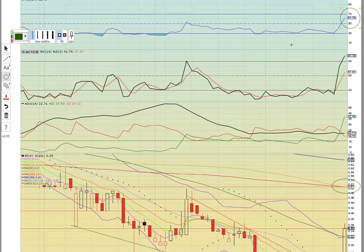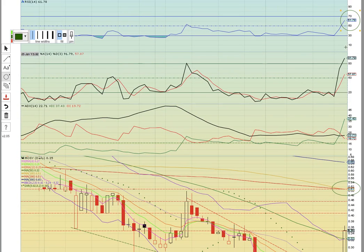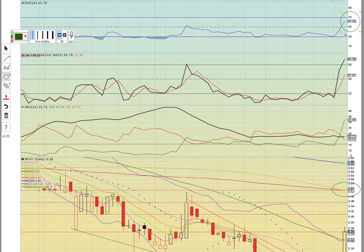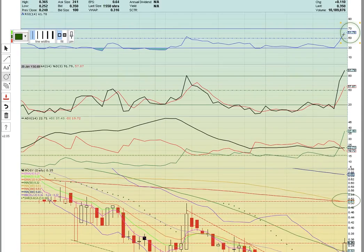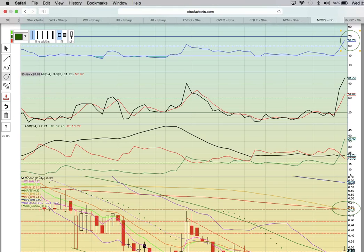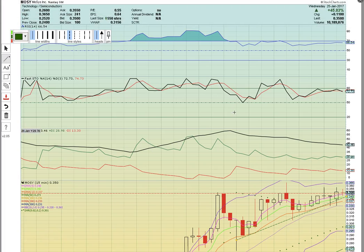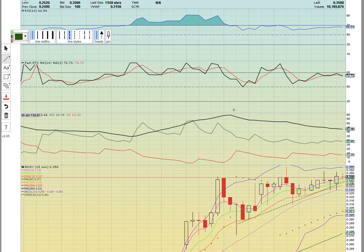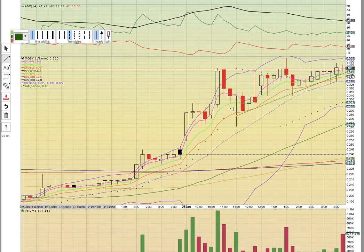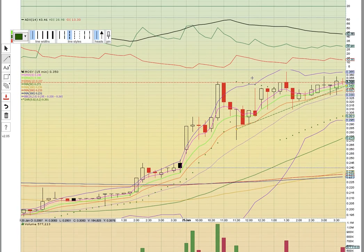The one thing that's positive too is this RSI at 61. At 61, that does show that there's more room to run. So this could easily get going right from the gate tomorrow. We're not sure, because if you look here at the next chart, this is the 15-minute chart. And this chart here is showing the setup into the close. And so this is why we're not sure how this is going to play out, because the chart is really